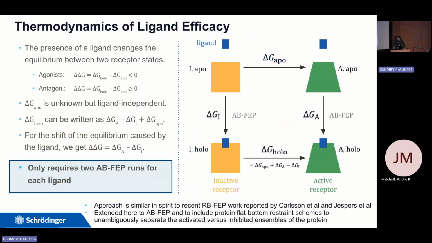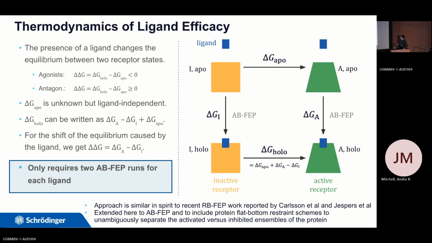To address this problem, we came up with the following thermodynamic cycle that collects the different conformations of protein relevant for its function with ligand binding. In particular, in the apo state, the distribution between the active versus inactive state is determined by the energy difference between those two conformations, that is the apo. A small molecule may interact with the protein in the active or inactive state, but interaction energies usually differ. Because of different interaction energy with the ligand, the distribution between the active versus inactive state will shift in the